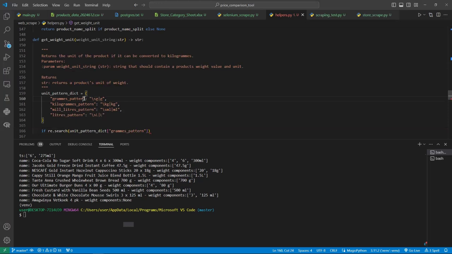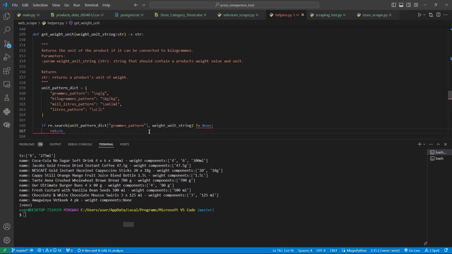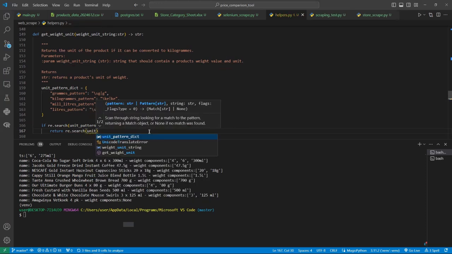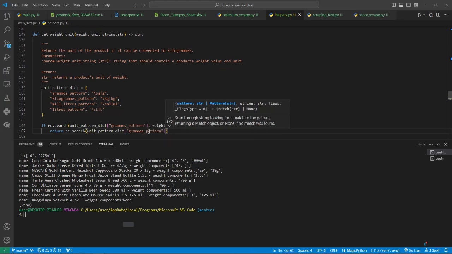So we're going to search for that in our weight unit string. And if it's not equal to none, what do we want to do? We want to return our re.search. We're going to do this all in one line. Our unit pattern dict, and it's going to take in grams pattern,